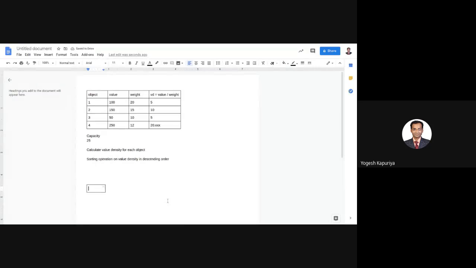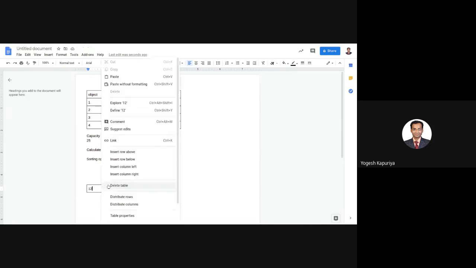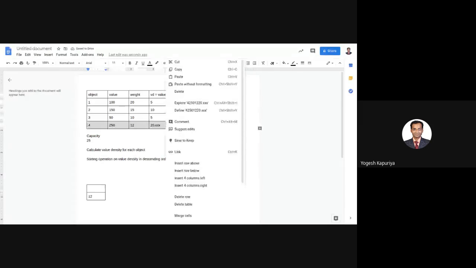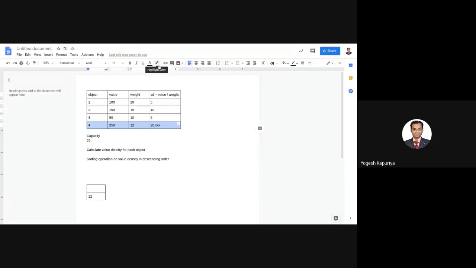So what I am doing now is putting this object number 4 inside the knapsack. That means I am putting a weight of 12 inside the knapsack, right? So I have put this particular object inside the knapsack.